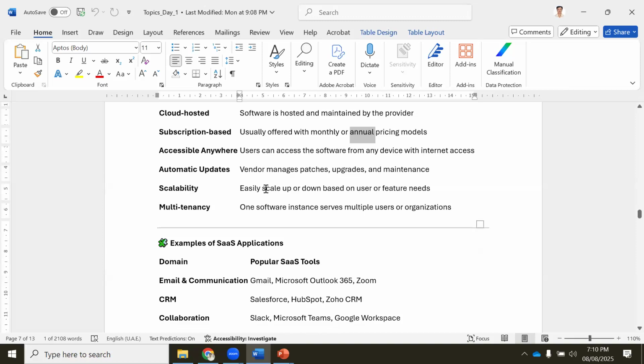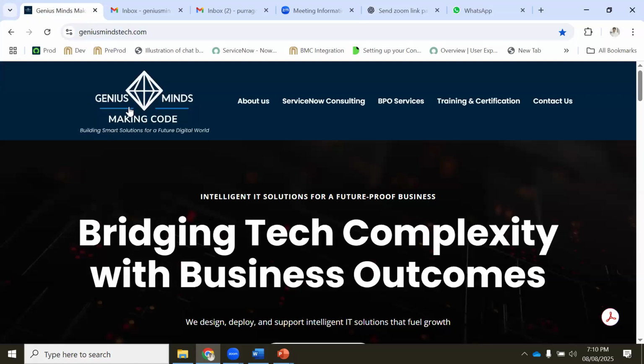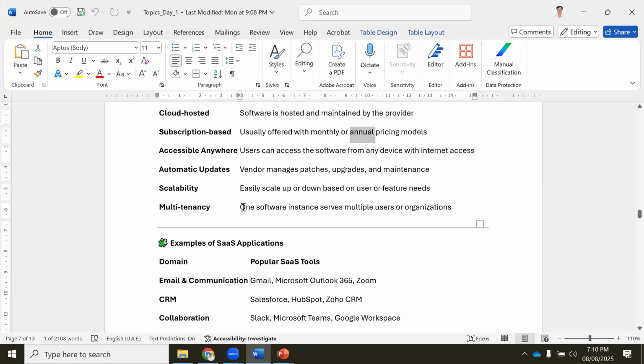If 10 members can use it, 100 can use it, 1 lakh can use it. And it has multi-tenancy. Suppose today I have a company called Genius Minds Making Code. Tomorrow I'm going to open one more company. So I want to have two different companies. I want to use ServiceNow, but this company's tickets should not be used by the other company, and the other company's tickets should not be used by this company.